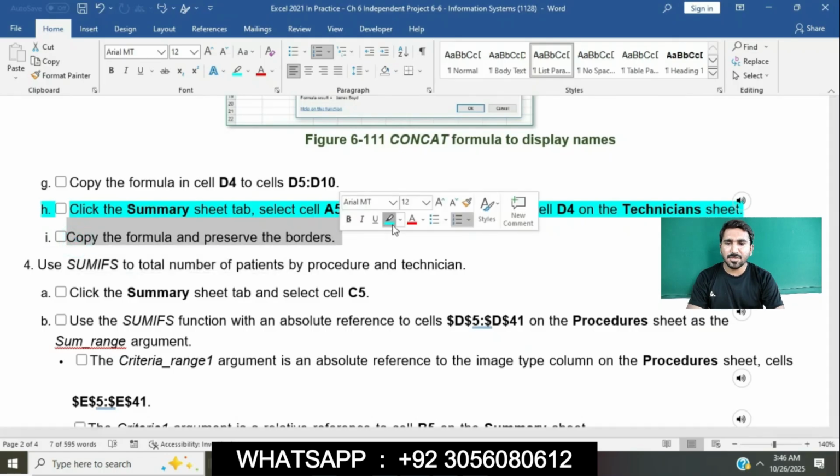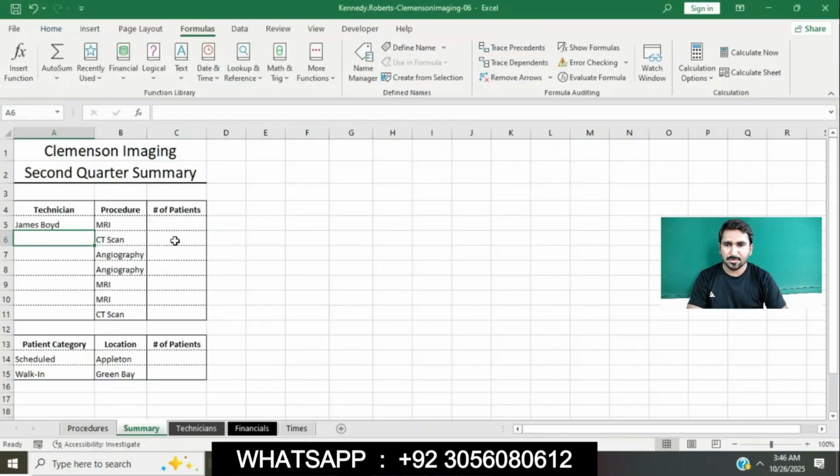Copy the formula and preserve the borders. Copy the formula to cell A11 and preserve the border. Sorry, we will copy the formula to